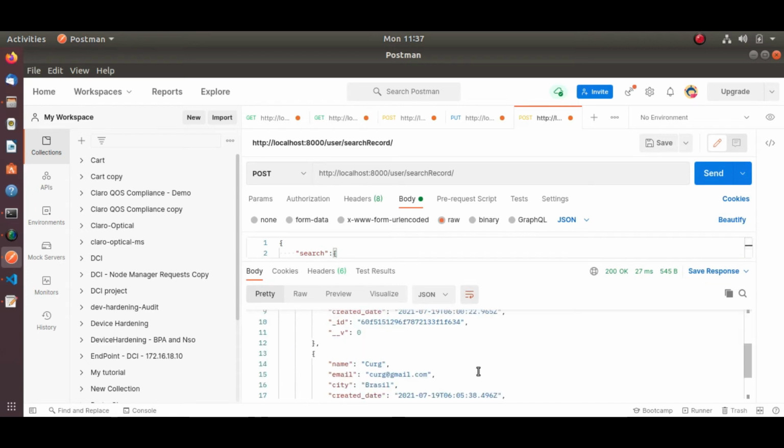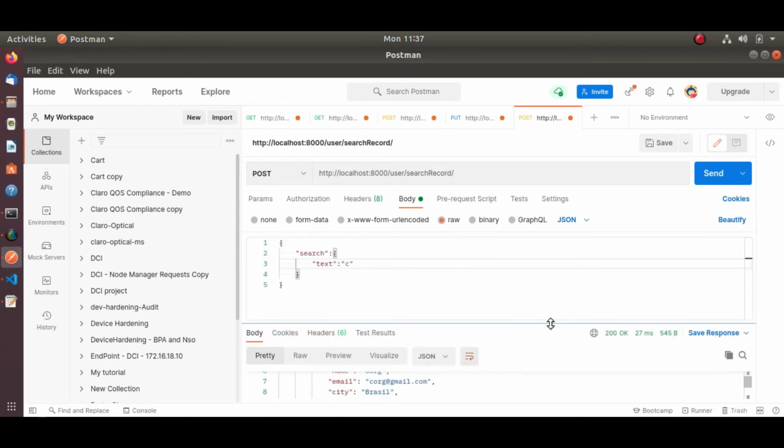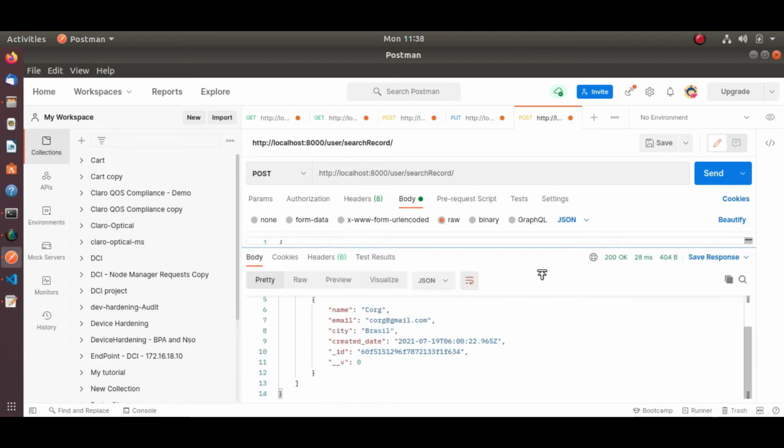Korg and Kurg. If I give only CO, accordingly you will see only one result matched and the record came.